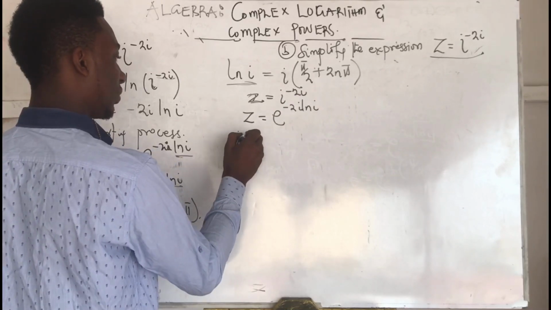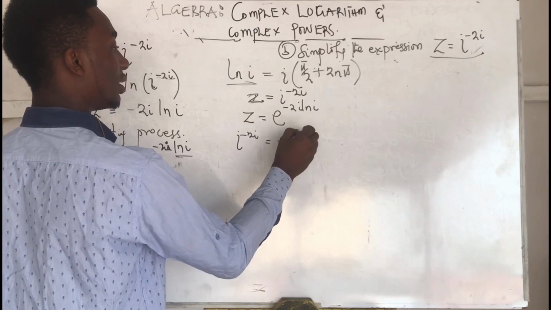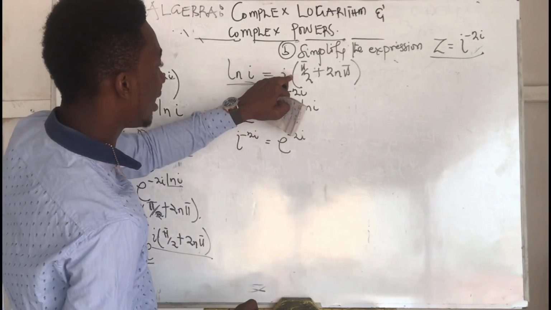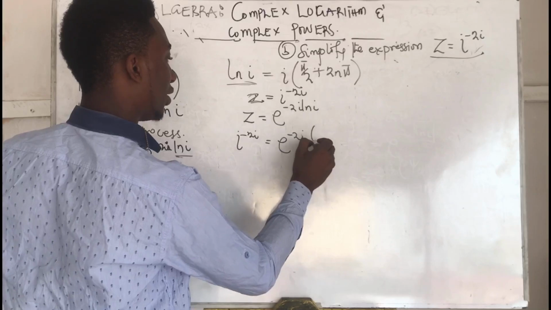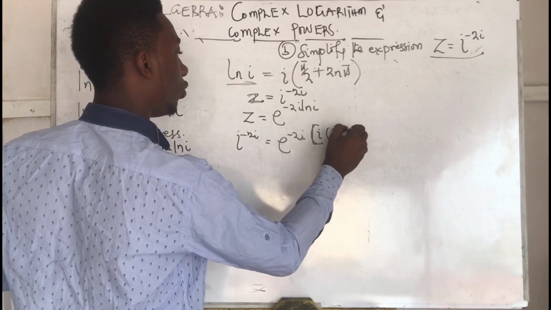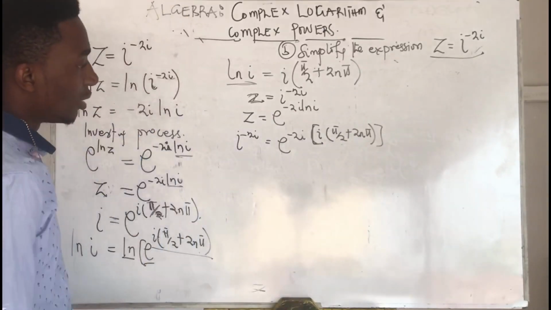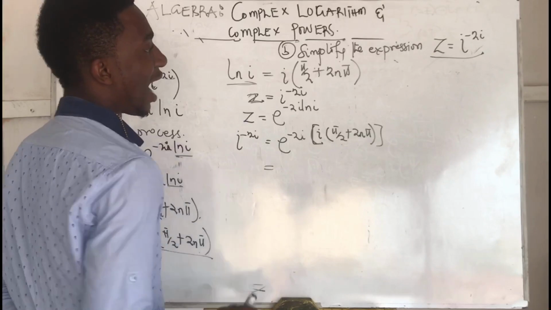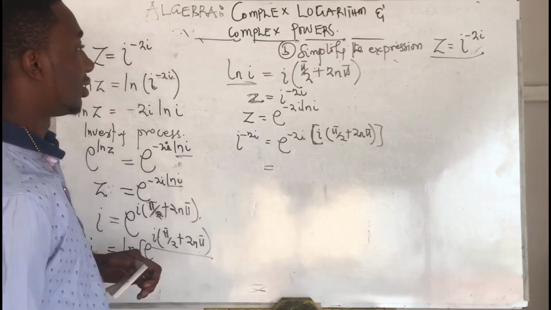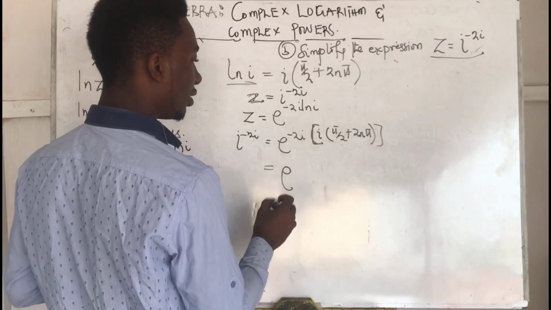And our ln i here is this value, i times (pi/2 + 2n pi). So our i raised to the power negative 2i, in simplification, will be equal to e to the